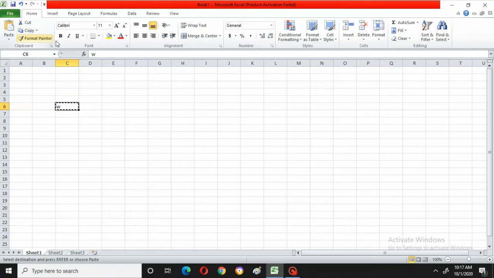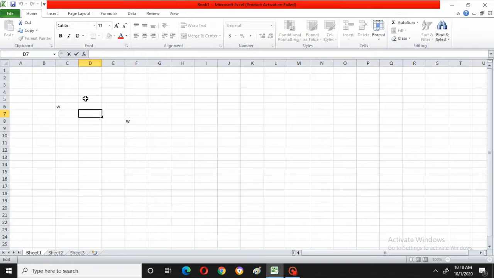then select it. Now when you have selected, you can see the difference. Some lines, as if something is going around, have come around the cell. So we feel that something is copied by seeing that. Now come to another cell where you want that particular letter. First select the cell, then go to the paste option and click on it. Have you seen here? See, W has come.